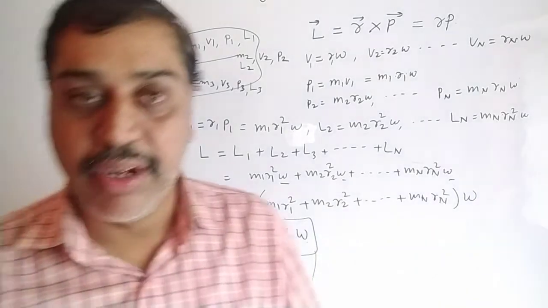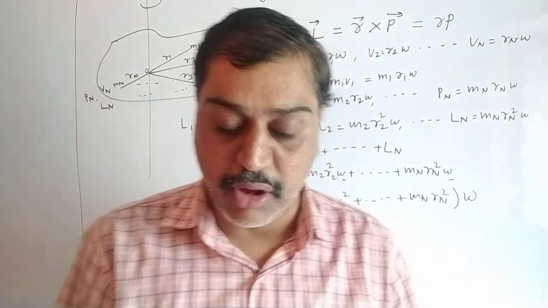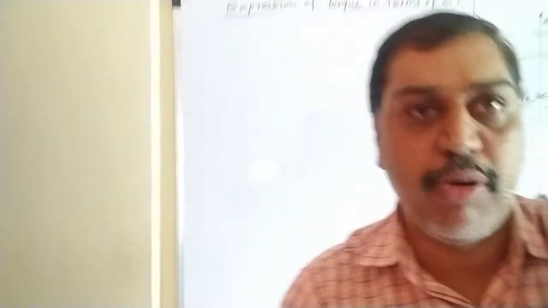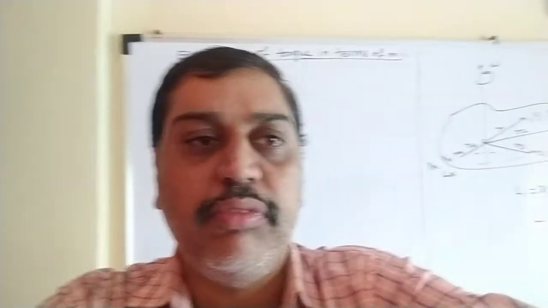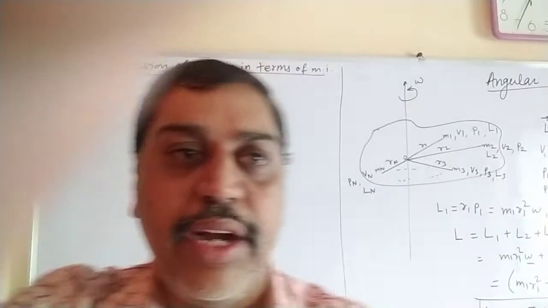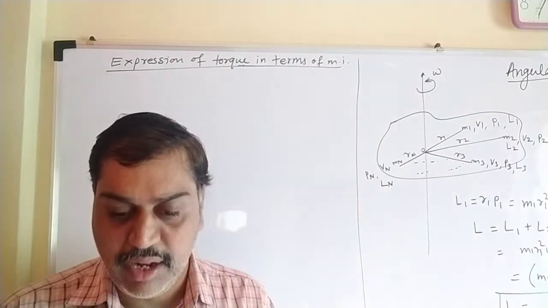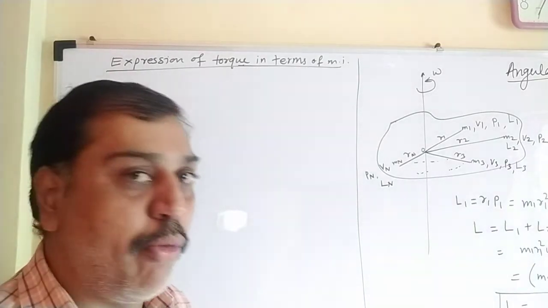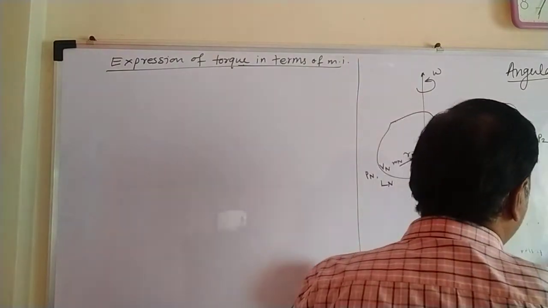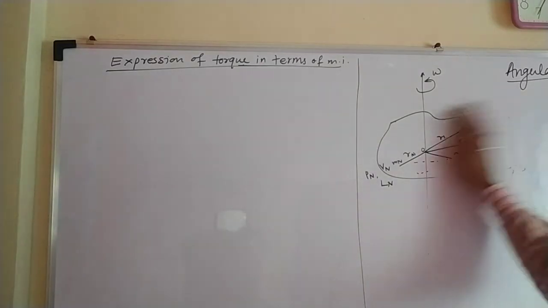So afterward, we have to derive another equation that is said to be expression for torque in terms of moment of inertia. Same way, we have derived the kinetic energy of the body. Then we have derived this equation L equal to I omega. Same way, we have to derive the expression for torque in terms of moment of inertia. So for that torque, let us consider the diagram remains same. Little bit modifications are there in the diagram. So that modification we will confirm. Just make the modification in the diagram and we will start with this topic.